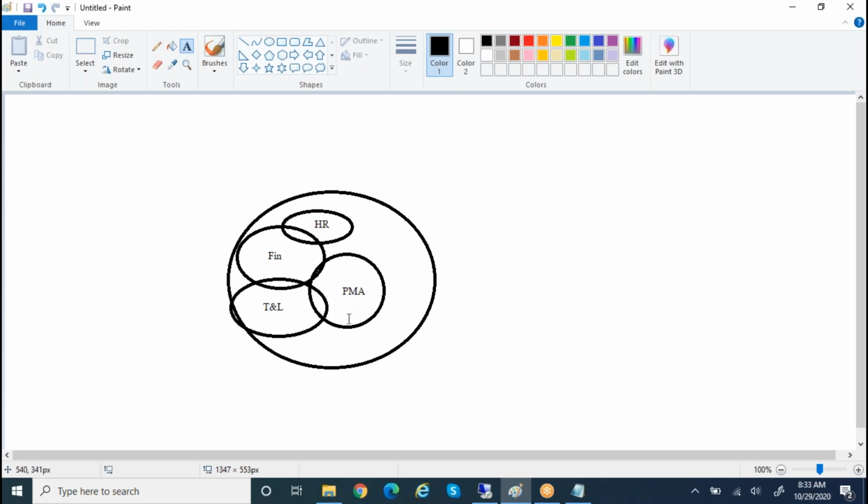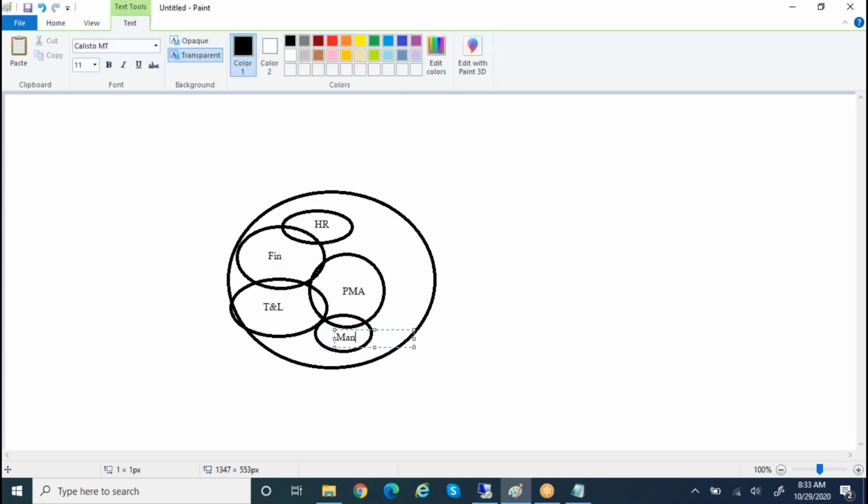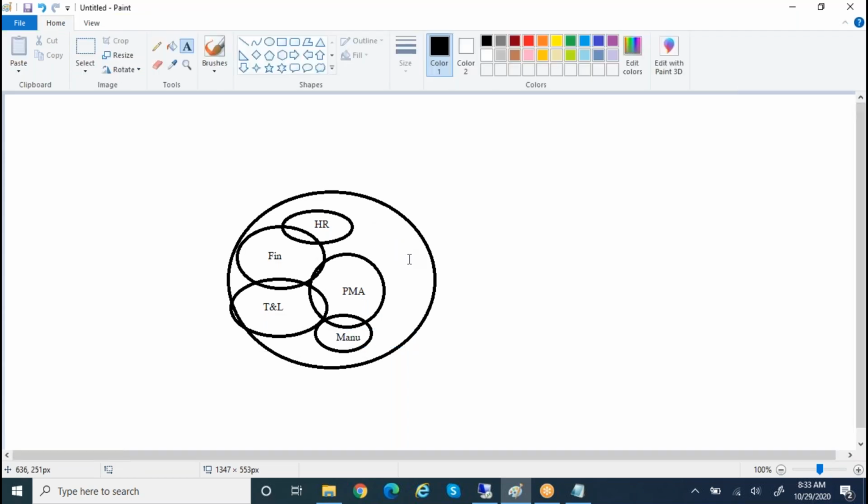Even in project management and accounting, some 5% of the subject is manufacturing, but I never used it. So project management and accounting is a combination of all.